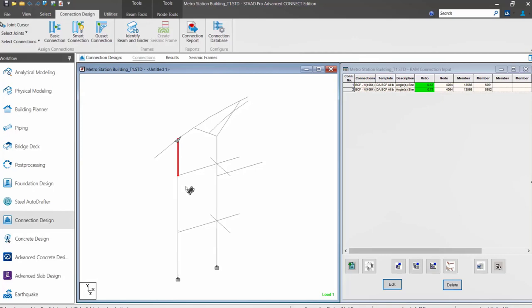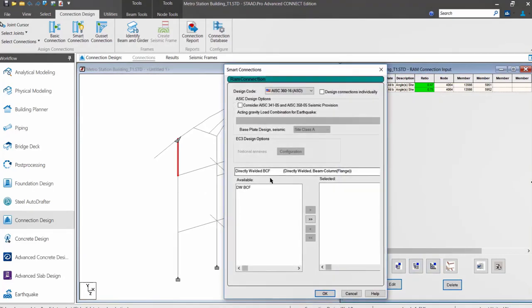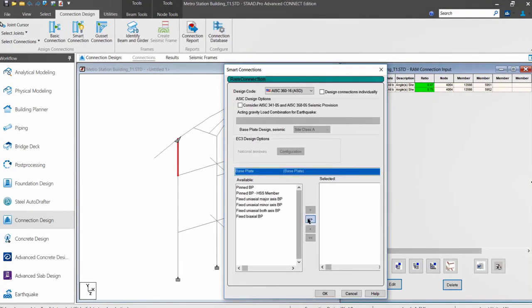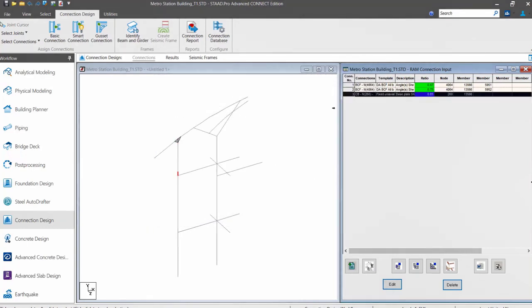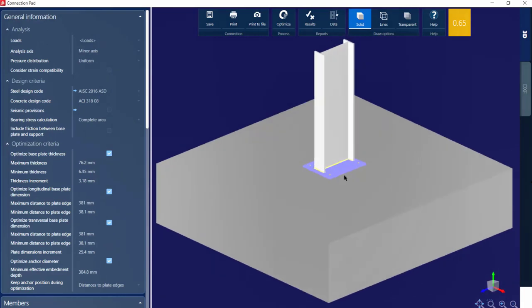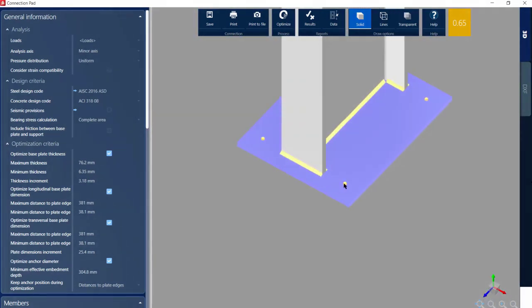And coming to the base plate design, as the steel column section is connected with the concrete section, we need to perform the base plate connection design. It is similar to the other connection design. The program automatically designs the base plate connection, and if we want to modify anything for this connection, we can directly